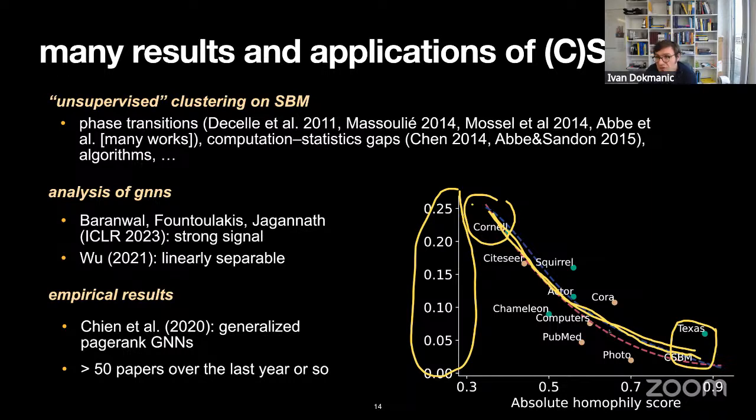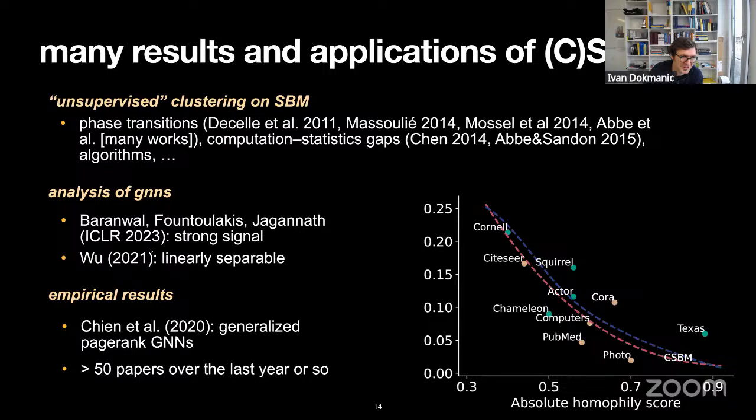So these two algorithms, in absolute terms, are very, very different. One is much better, GPR-GNN. But in this relative sense, it seems that cSBM is really telling us something interesting about the value of labels for solving a node classification problem on a graph. Okay, so it took me a while, but hopefully it's somewhat clear what this graph is showing, right? So it's another justification to look at cSBM.